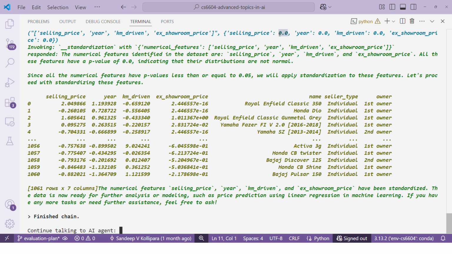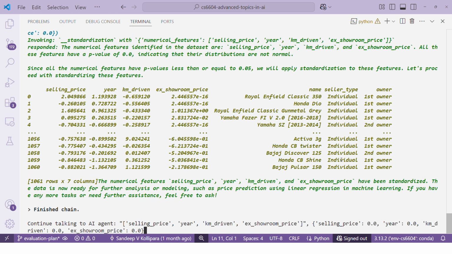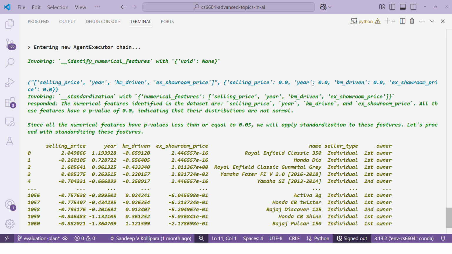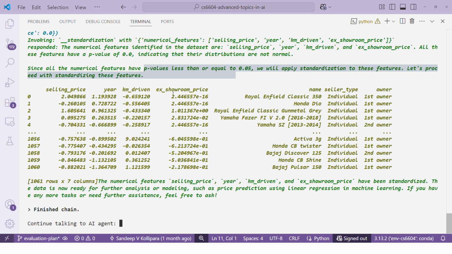If the p-value is higher, it means that the distribution is non-Gaussian, which is not the case here. The p-value is perfectly zero here, and so it has applied standardization to the data. As we can see, it has standardized these columns on the left hand side: the selling price, year, kilometers, and the showroom price. So this is scaling, and now let's encode the data